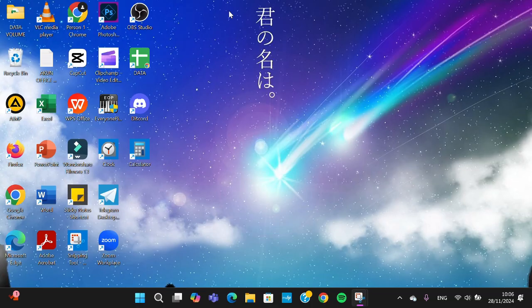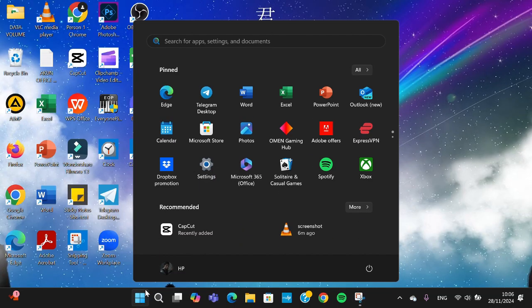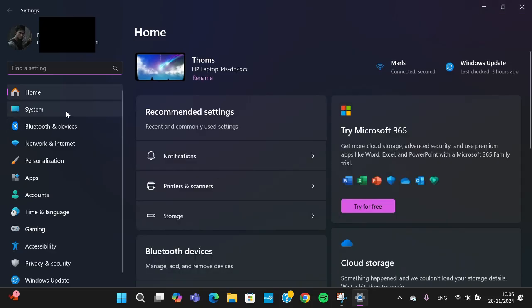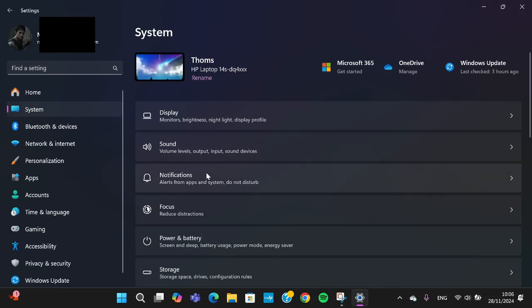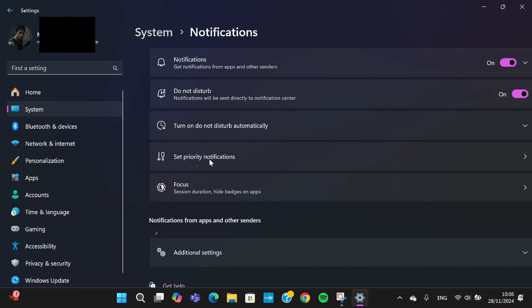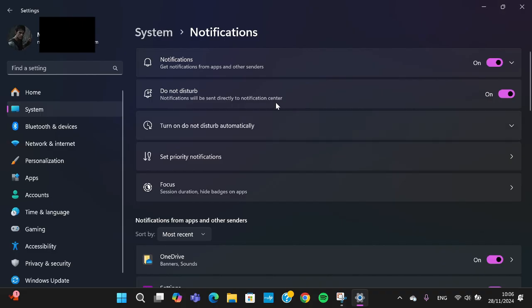I have opened my computer with Windows 11, and first of all we need to go to our settings. We can click on the start menu and then select the settings option, and then we have to open up the system settings. Okay, and in the system settings, go to the notifications and make sure you have turned off the Do Not Disturb mode on your Windows like this, and then make sure this feature is also off,